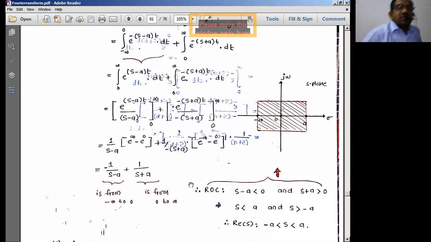Okay. So once I write this, what I'll be having here is the integral of e power s minus a of t dt. So I can write this as e power s minus a of t by s minus a over the limit 0 to infinity. And this is going to be something like e power minus this same factor, 0 to infinity. Even if you solve in the same fashion, you get the same relationship. Let us solve with the above one.